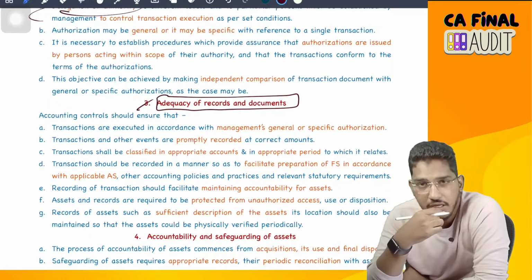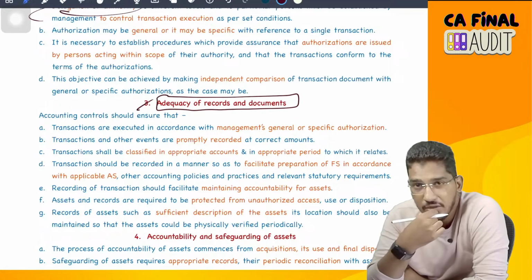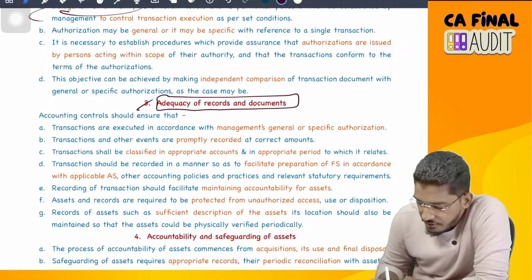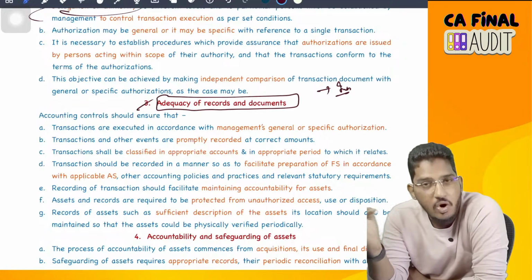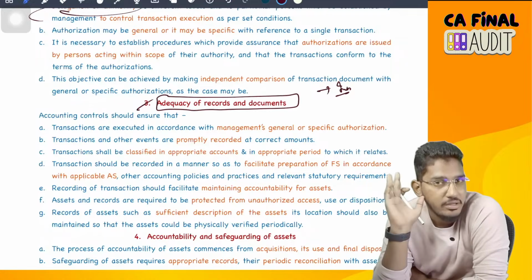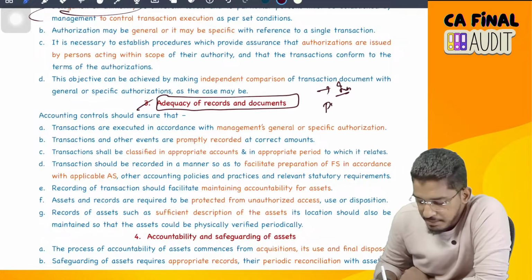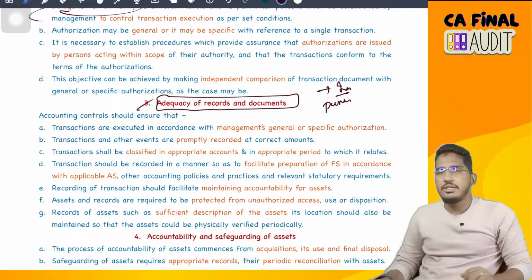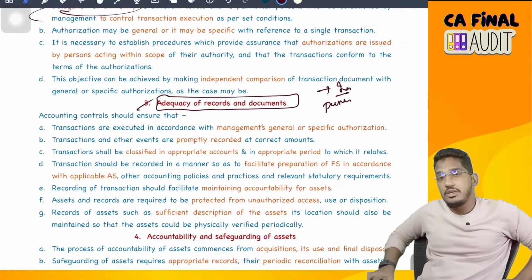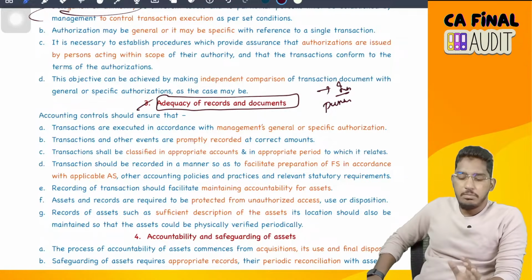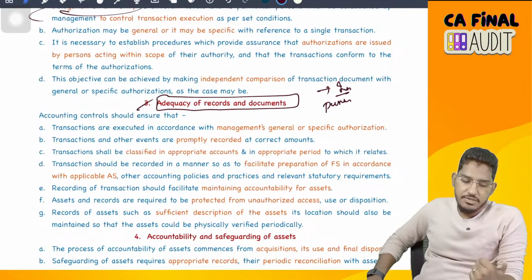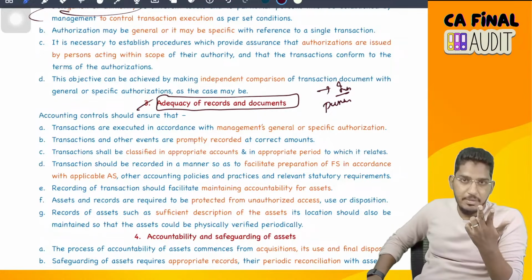One more aspect of internal control, one more common policy which we find in internal control, is maintenance of records. If you are doing any transaction, whatever documents are getting generated in that transaction should be properly recorded. For example, take a simple purchase transaction in big organizations. They will have a purchase internal control procedure. If a purchase is taking place, multiple departments will be involved, and multiple documents will be generated, starting with the purchase requisition note, purchase order, invoice from the supplier, gate pass, inspection report, GRN,